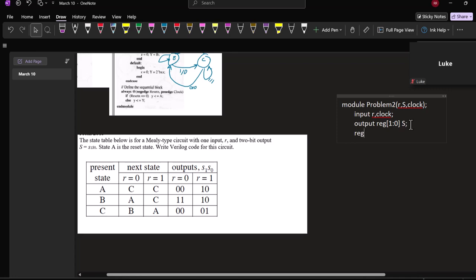And then I'm going to have reg, and I have 3 states. So how many bits do I need to represent my states? I need 2 bits. So I'll have reg [1:0] current state, next state,